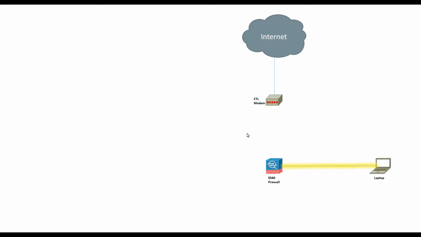Now in our last video we had a 5540 firewall, my laptop, and a CenturyLink modem that goes to the internet. We added a link from the firewall to the laptop and named it our inside. We gave it the 10.10.10.0/24 network. We plugged into the firewall's Gig 0/1 port and made that the .1, and we made our laptop the .2. We also added a link from the firewall to the CenturyLink modem, and we named that the outside,